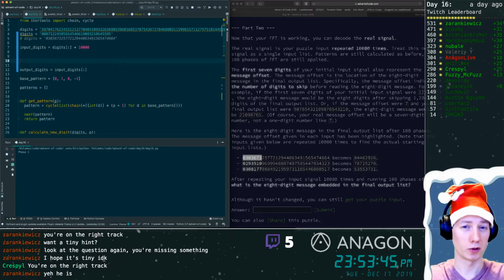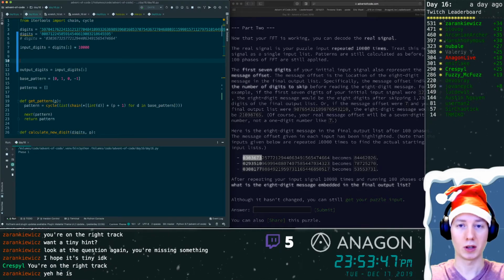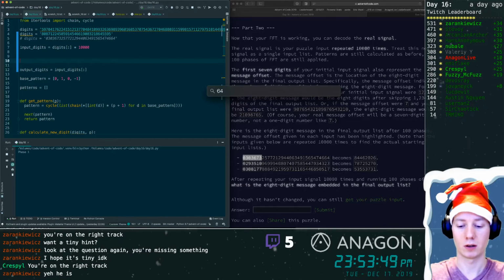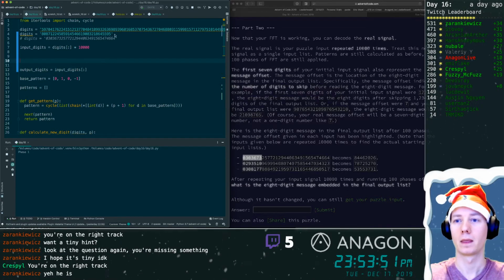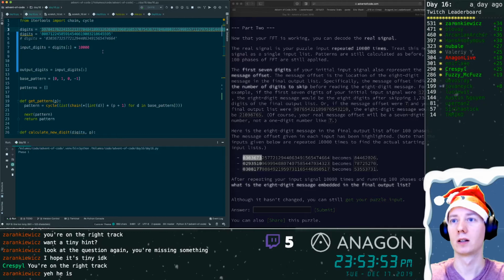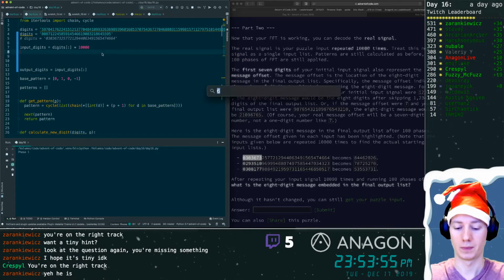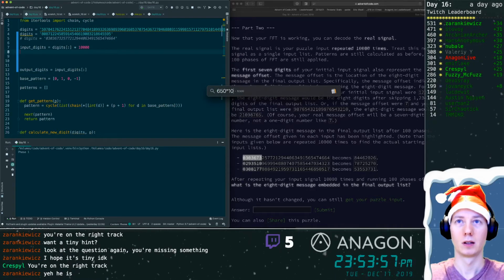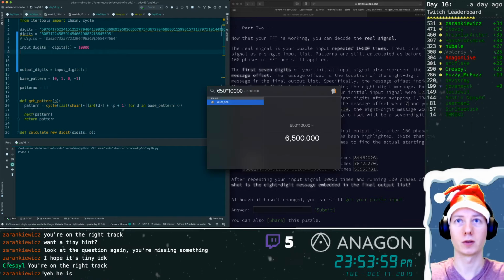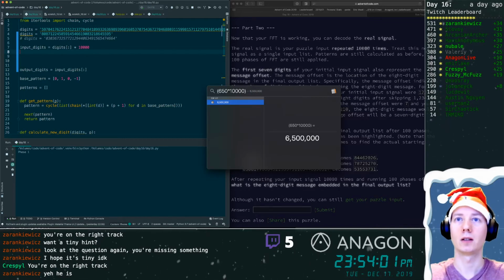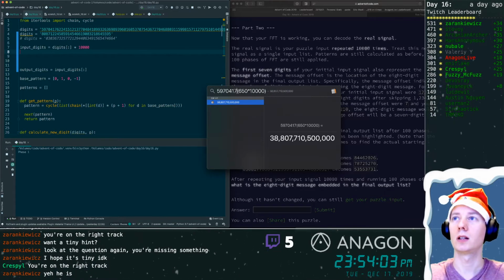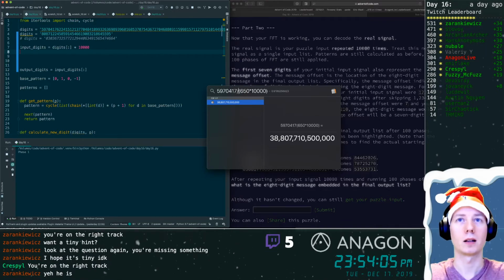I need to know the number of digits in the input, which is of course 600, and wait, was it 640 or 650? 650. So it's 650 multiplied by 10,000, and then our offset is actually this position, and let's see how far that is into